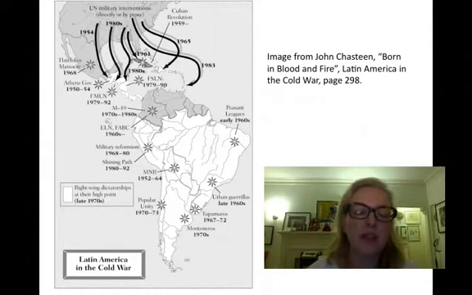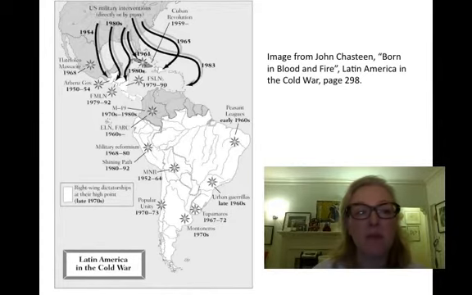This map identifies popular insurrection movements in the Americas between the 1950s and the 1990s. And it also identifies very clearly those parts in Latin America that were led, managed, ruled by right-wing military dictatorships in the late 1970s, but some of them already in the 50s all the way into the 1980s.